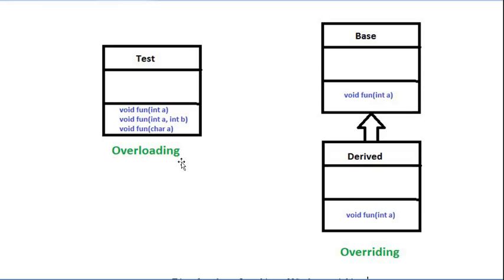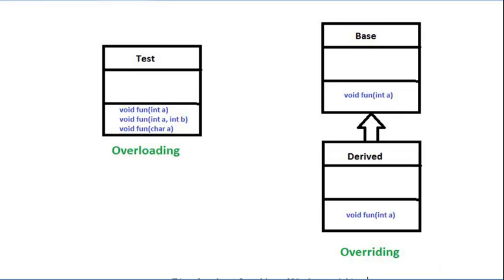One more concept we have in Java is called overloading. Overloading comes in a single class. That is the main difference between overloading and overriding. Overloading means the name of the function is the same with a different number of arguments and different types of data. All these functions belong to the same class, whereas in overriding, the function with the same prototype or the same signature is in the derived class and another is in the base class. So this is called overriding and this is called overloading.